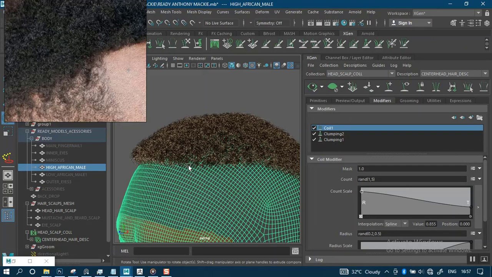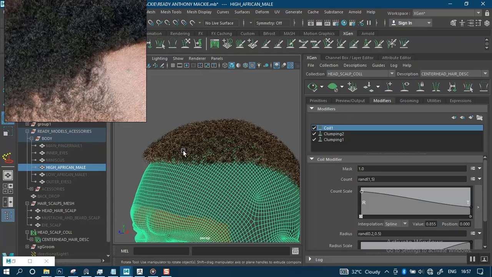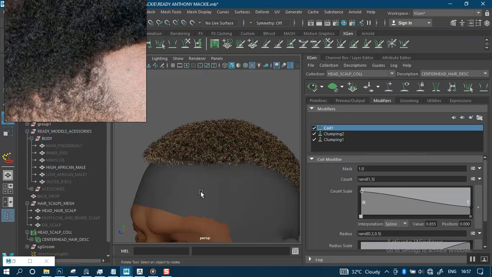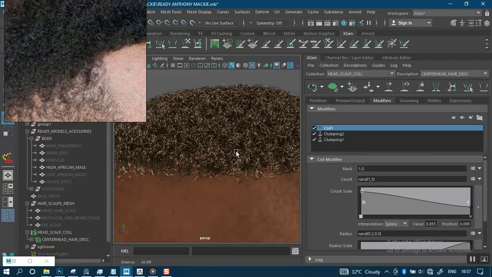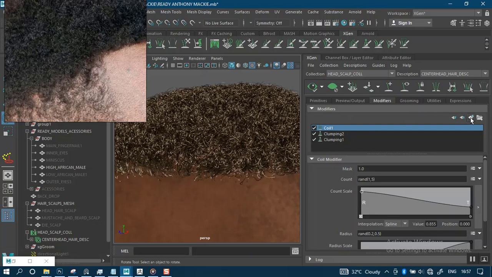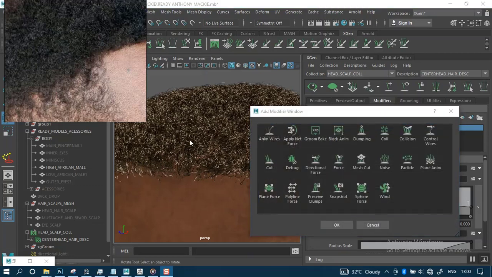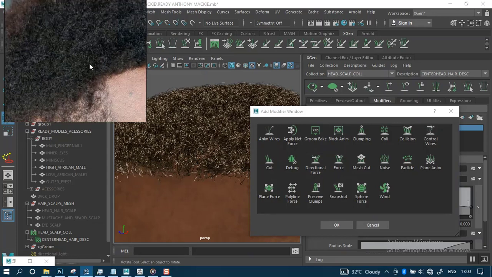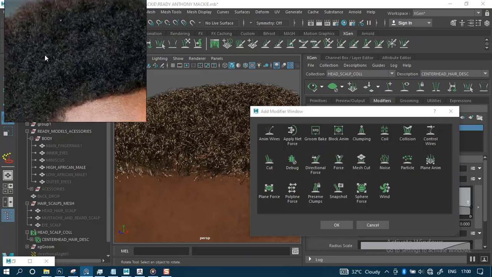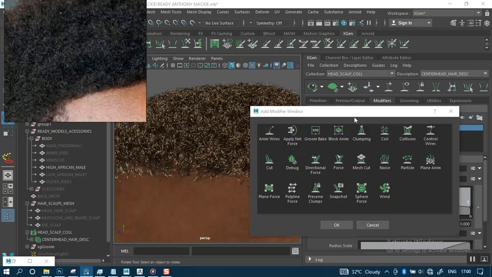Like to hide this tab. Just temporarily hide that. So now the next thing we need to do, carrying on from here, is to add